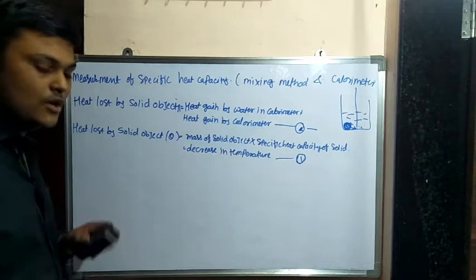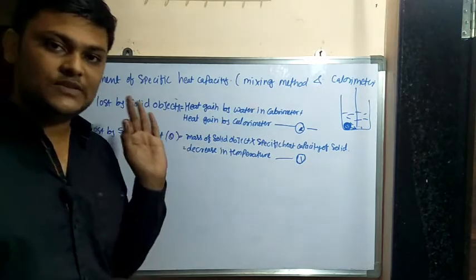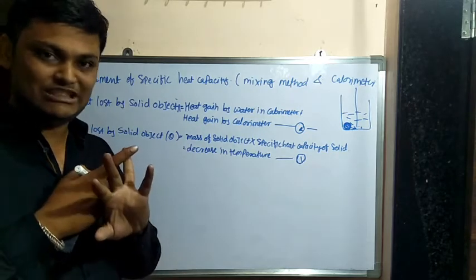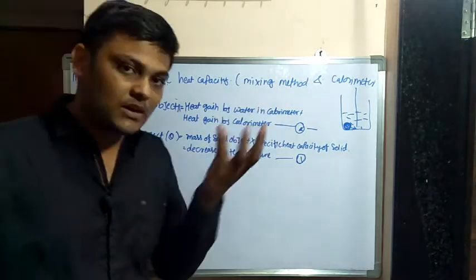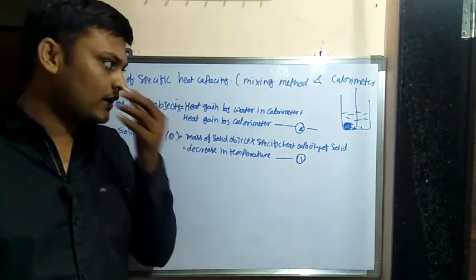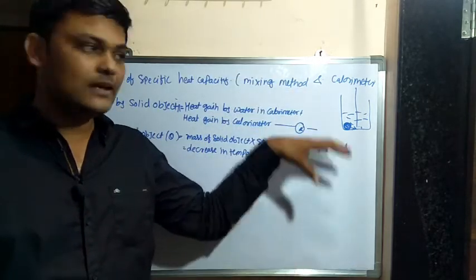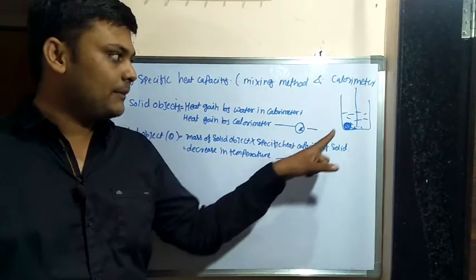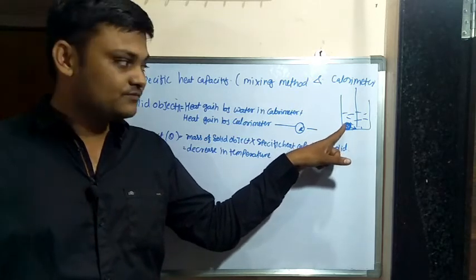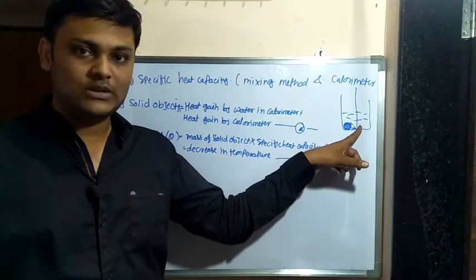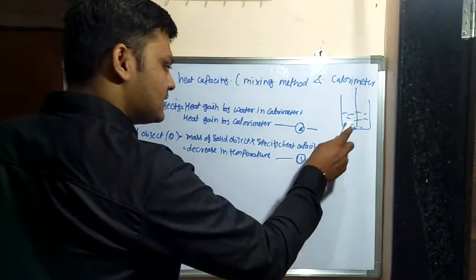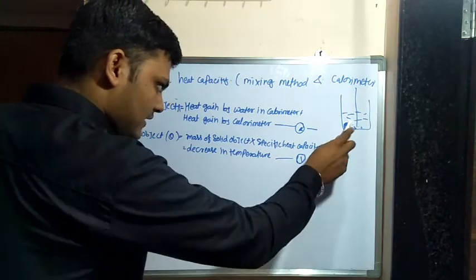Now, equation one: what have I done? The heat depends on the mass of the substance, the specific heat capacity of the substance, and the change in temperature. When we take a solid object which is initially hot, and afterwards put that object in the container of water, heat loss takes place, and that amount of heat is removed from the solid object and goes into the water. So here it is totally dependent on mass, specific heat capacity, and change in temperature.